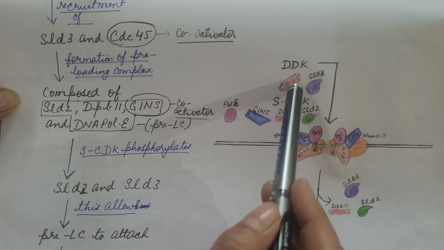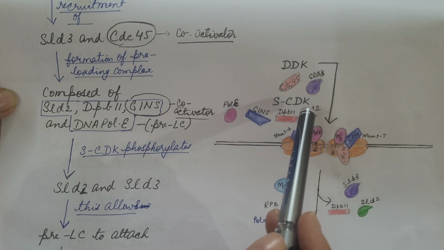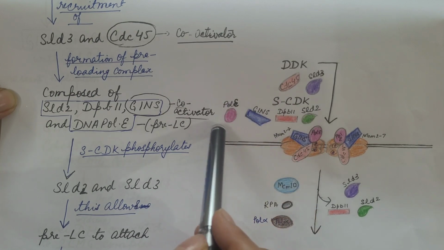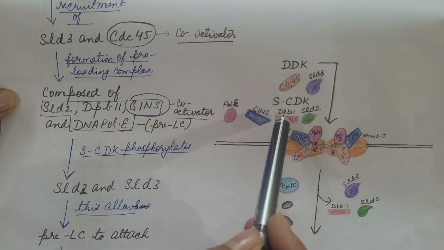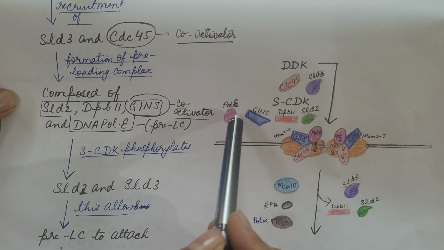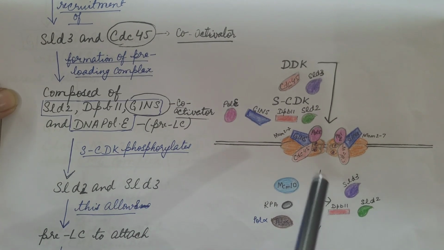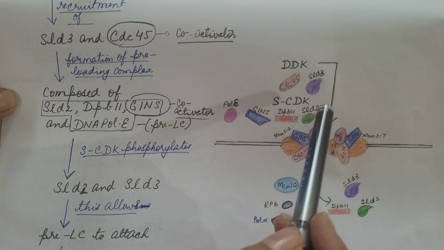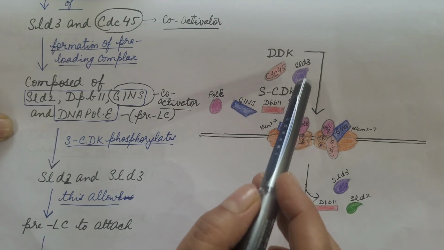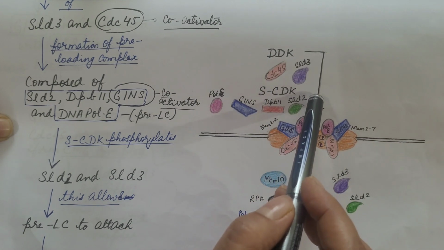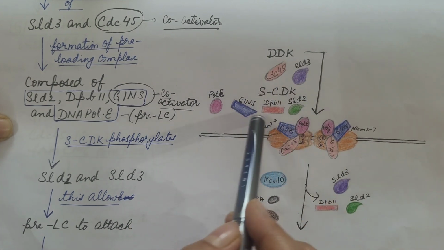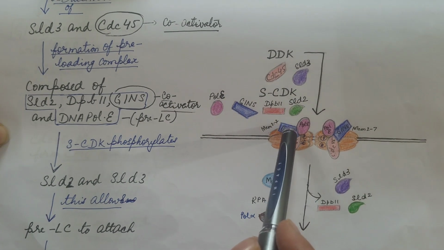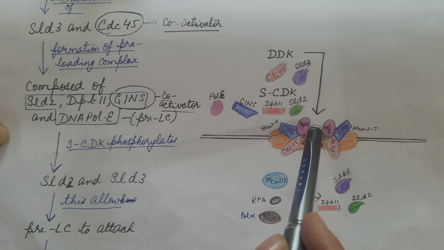The CDC45 is a helicase co-activator. SCDK promotes formation of the preloading complex that includes SLD2, DPB11, GINS and DNA polymerase epsilon. Now what happens? This SCDK phosphorylates SLD2 and SLD3. This phosphorylation allows the attachment of the preloading complex, as a result of which now GINS along with DNA polymerase epsilon